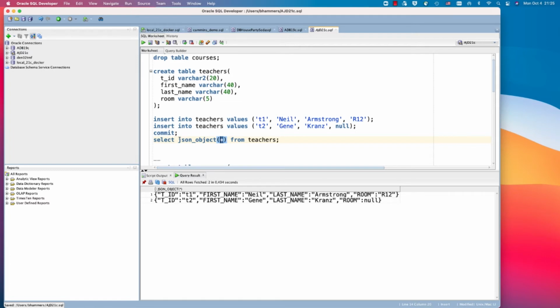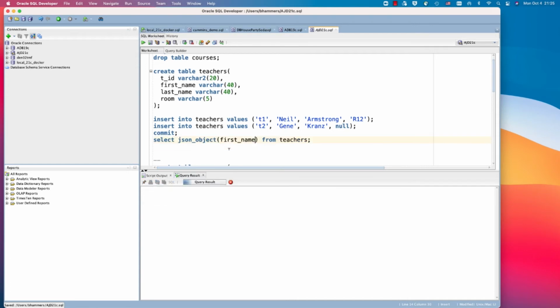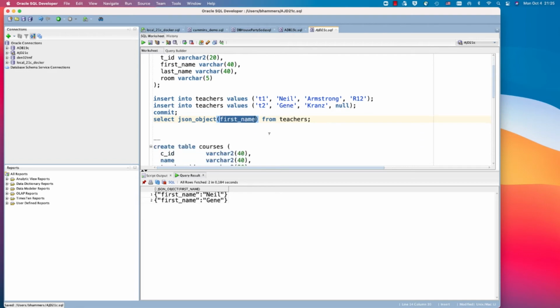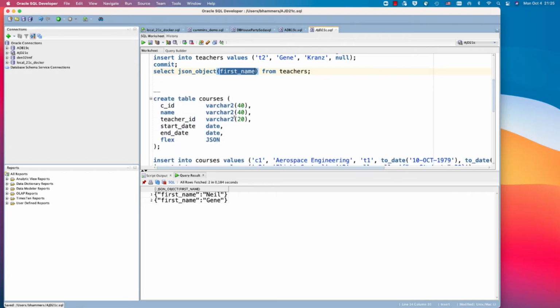There are 3 more JSON operators to generate arrays and aggregates, but here, because of time reasons, I'd rather keep this simple. And actually, one more example here, it is case sensitive. So for example, if I type first name in lowercase here, it would actually just use first name. And I could also use some syntax if I don't want the JSON name to be the column name. So that's also possible.